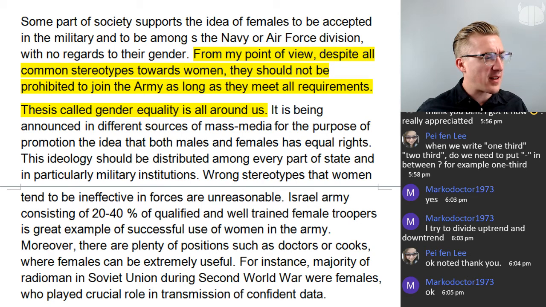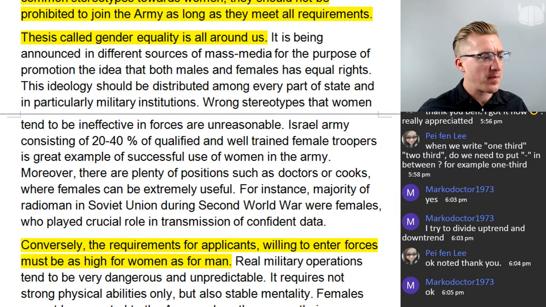Here we've got the first topic sentence, which is, I think, the weakness here. Thesis called Gender Equality is All Around Us. It's all around us. I don't know. The fact that it is all around us, does that support this idea? I'm not sure. It seems a little abstract. It seems like an introduction. And in your body paragraph, there's no time for an introduction. You need to say what the paragraph is about, right? So